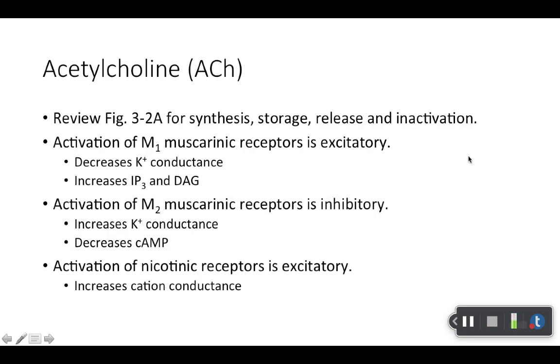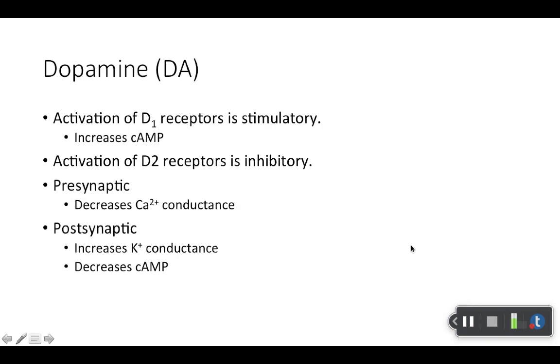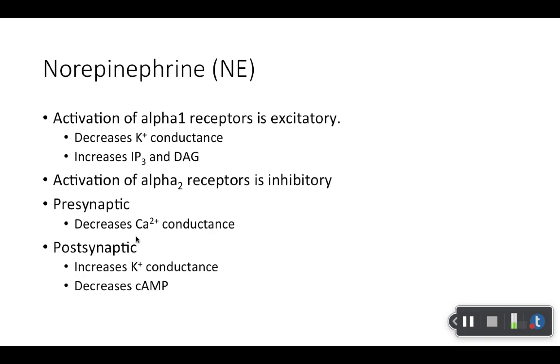Acetylcholine. Again, don't worry necessarily about memorizing this. It will help with mechanism of action, so go ahead and read through it. Dopamine, same thing. You don't have to memorize it, but it could help. For example, stimulation of the D1 receptor, dopamine 1 receptor, is stimulatory. That could help later on with mechanism of action. But as far as rote memorization, I don't pull test questions from this. I think it's good stuff to make sure everyone has a good foundation and there are hopefully no giant surprises when we get to the drugs and mechanism of action.